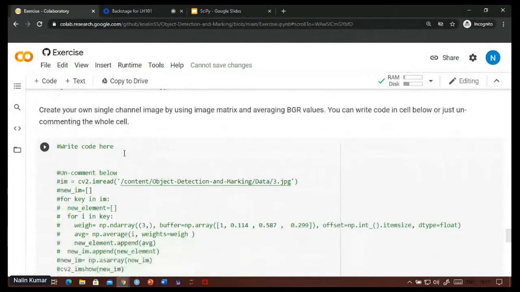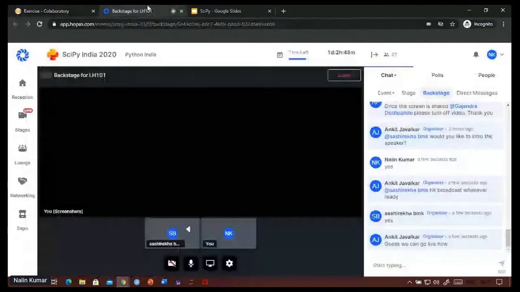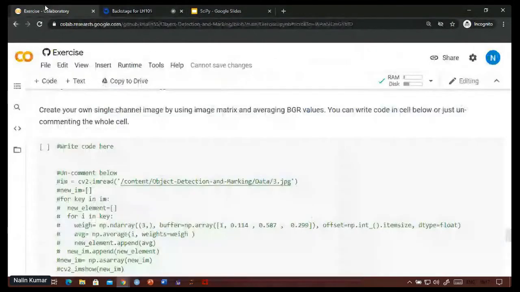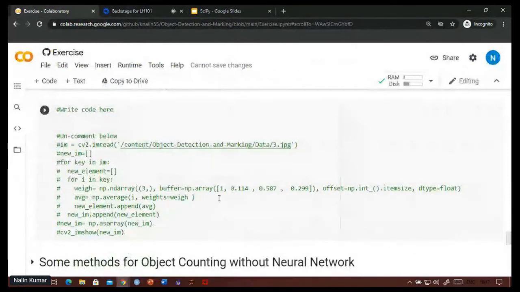You can write the code, or just uncomment the cell. Okay, so this is all you need to know about images to count objects in the image.